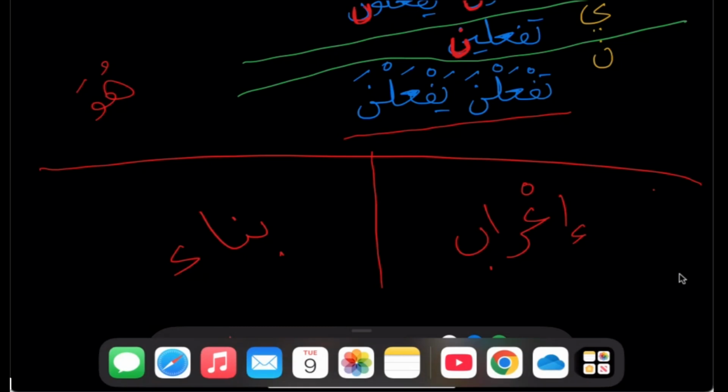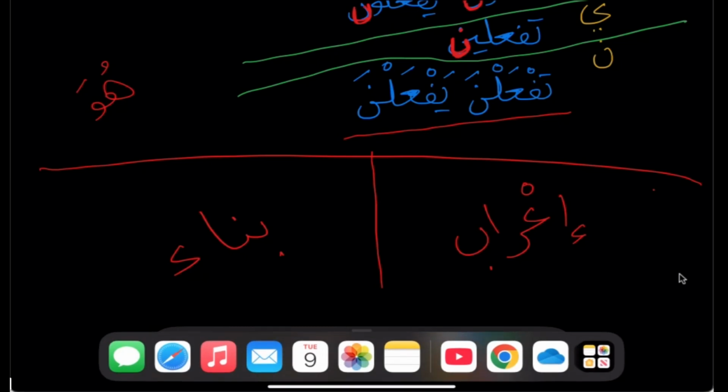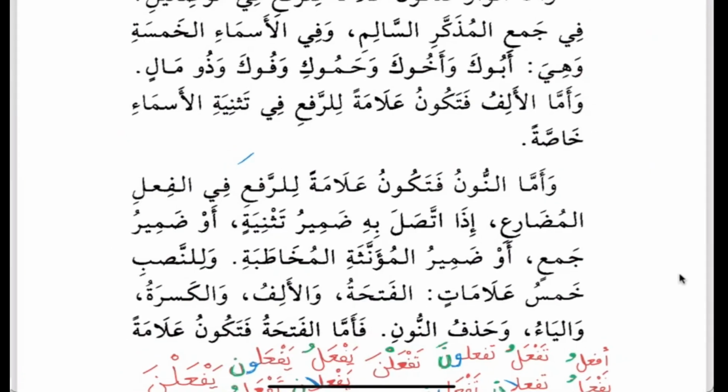Wallahu a'lam. So we didn't get to the next part of the Metan. We'll stop there. Inshallah, we'll start the next part of the Metan. He's going to talk about the wow now. When will wow be a sign of Rafa instead of a Dammah? And what that means is, what kind of word structures are there? What new forms of Arabic words shall we learn next week?